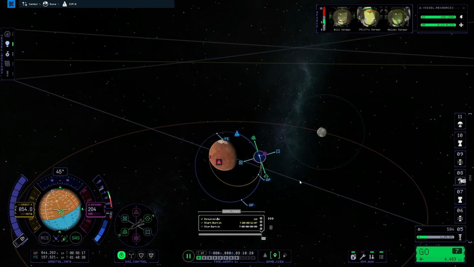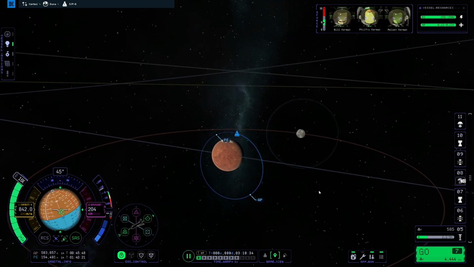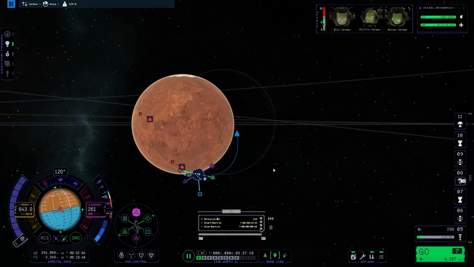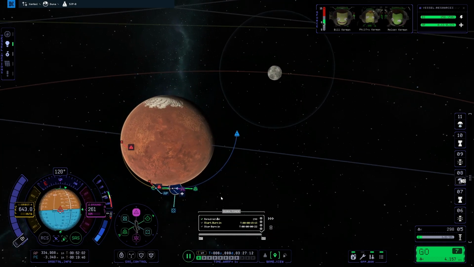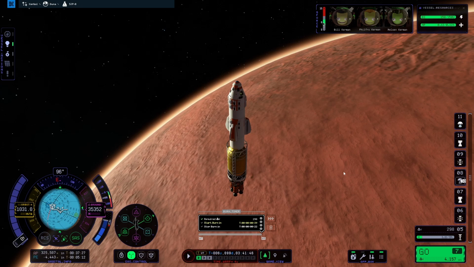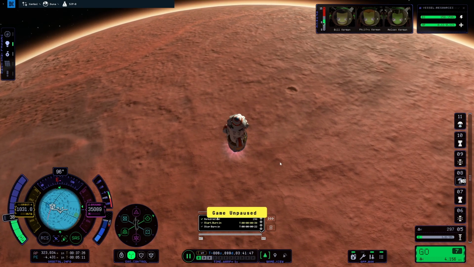Actually circularize a bit more, we're not going to need that much fuel to deorbit. Yeah, tiny little deorbit burn here. Okay, and I've just plugged in one final burn here just before re-entry, just to give us a bit of a softer re-entry. Okay, we are now apparently entering the atmosphere a bit sooner than I thought, so